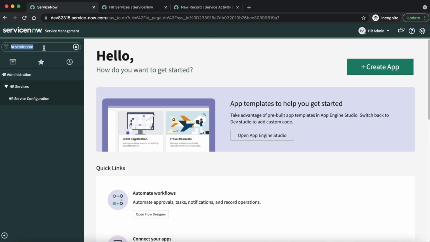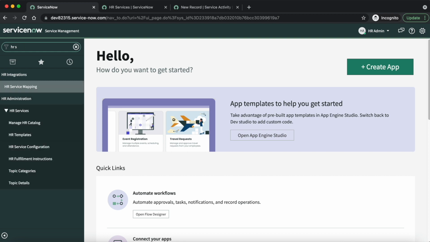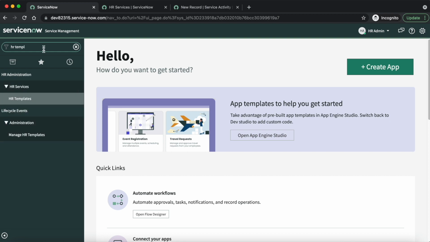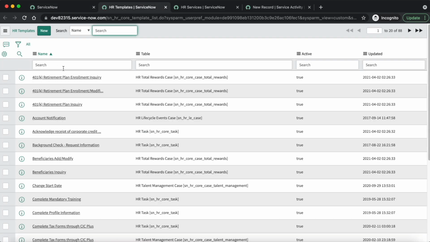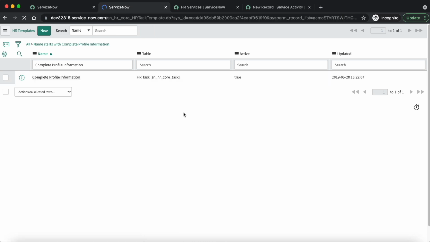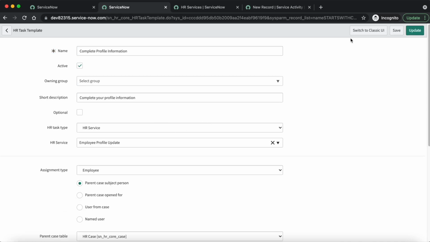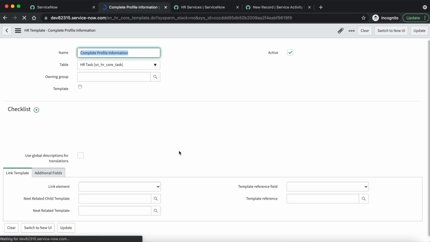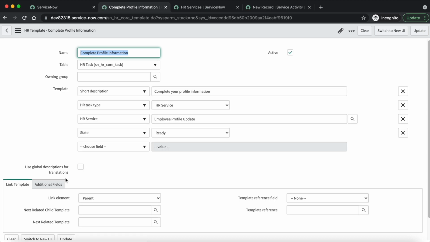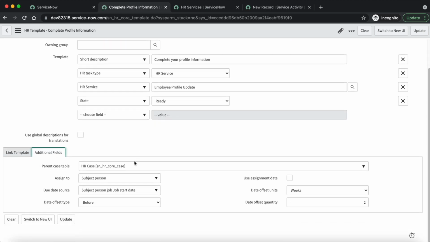Sorry, I'm searching in HR service. I will have to search in HR templates. Now let's open it. So here you can see that we have a parent case table defined for this HR template.